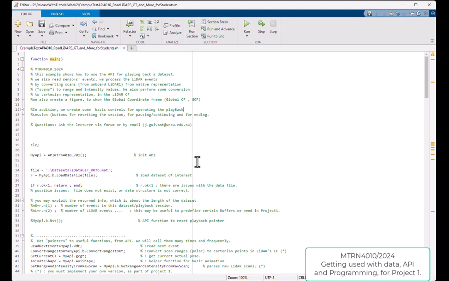Hello. Now in this video we will discuss one of the example programs that you saw during the tutorial in week 2, corresponding to program number 4 or number 5, I don't remember now, but I think number 4. In it I asked you to play with one of the datasets and do something with the LiDAR. That program also explains how to use the API, a certain library, which is very